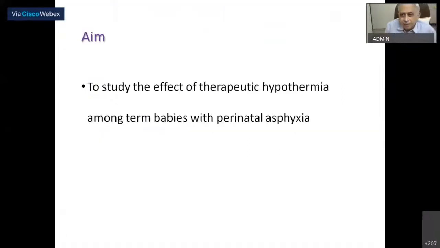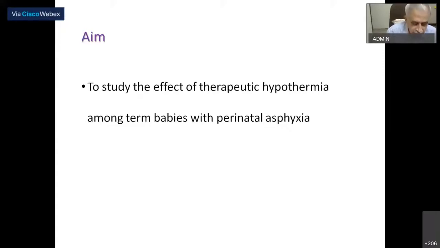Now, I'll give another example. Perinatal asphyxia, the babies who are not crying after birth. Generally, earlier we used to treat them with supportive care, anticonvulsant, and IV fluid, and sometimes antibiotics. But now therapeutic hypothermia has come, in the sense we therapeutically cool these babies to improve their outcome, both the mortality as well as morbidity. They have a better neurological outcome.